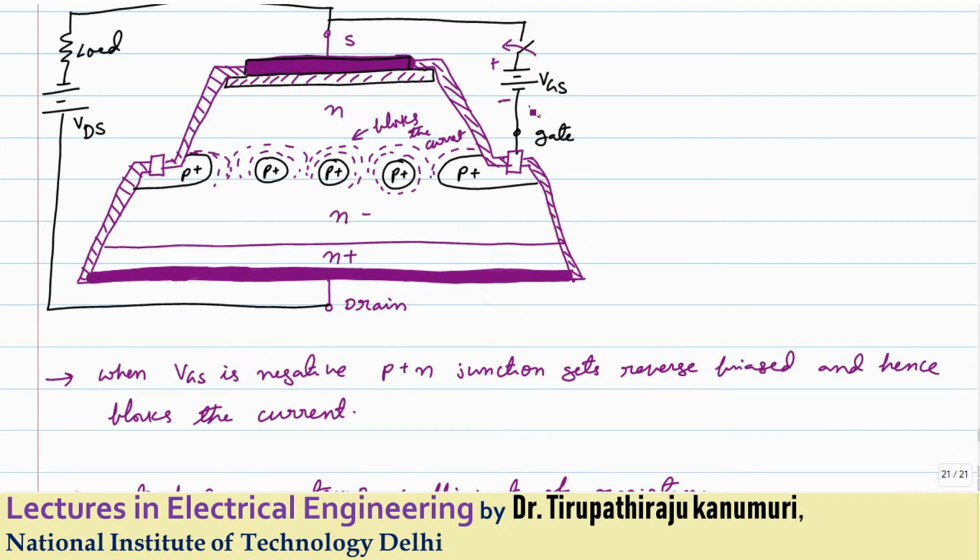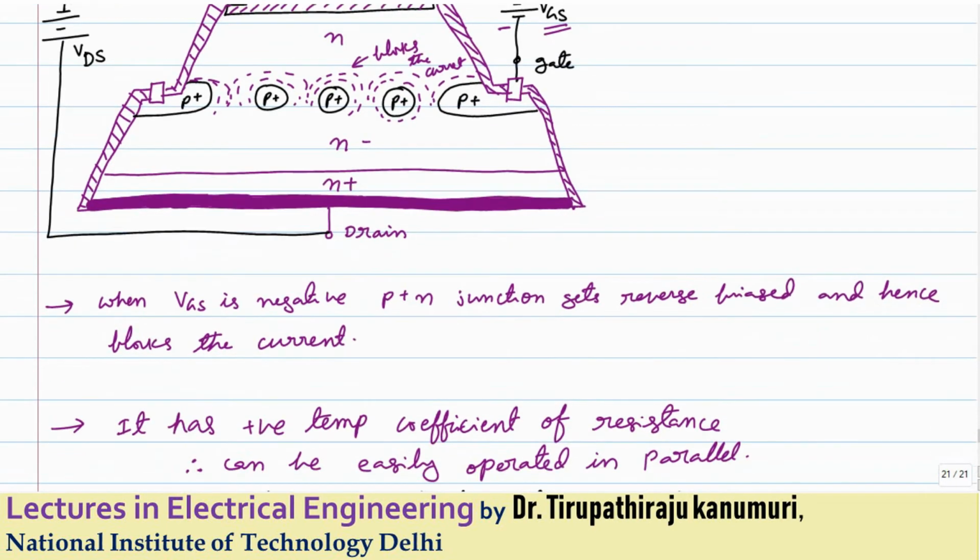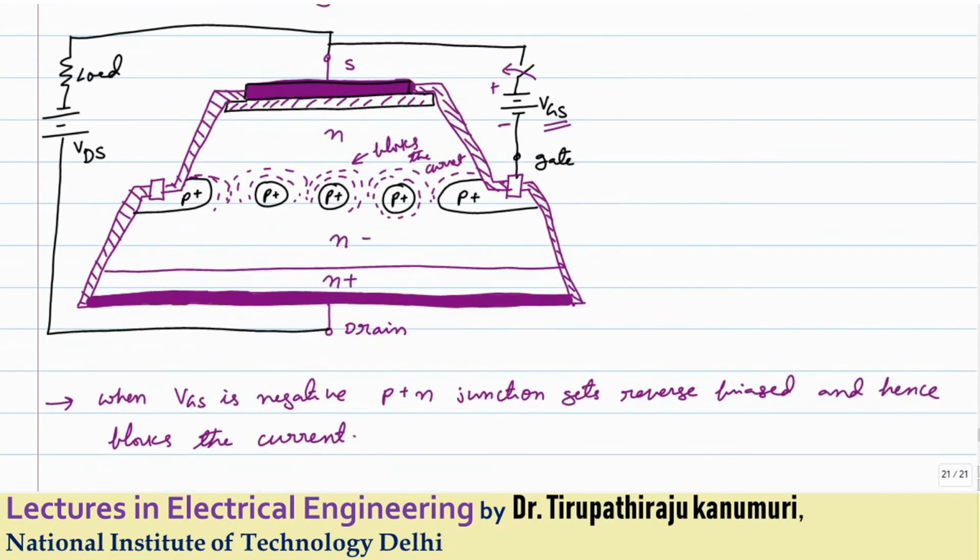As you increase the gate voltage, the depletion width gradually increases and the current goes on decreasing. At some threshold value of VGS, the current will be completely blocked. That means if the value of VGS is greater than the threshold, the depletion region will completely cover the channel and it cannot conduct further. So we can conclude that it is a normally on device, and when you apply a negative voltage between the gate and the source, it will block the channel, and if you apply a voltage greater than some threshold, it will completely block it.